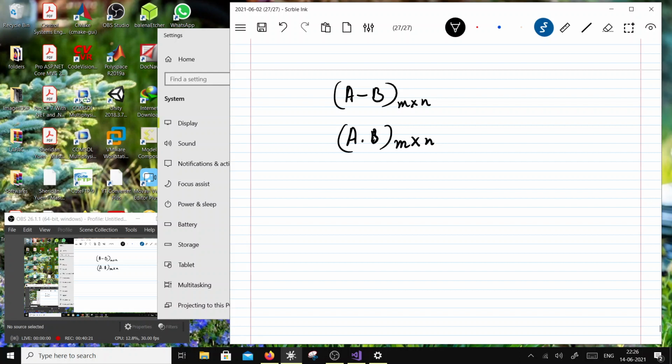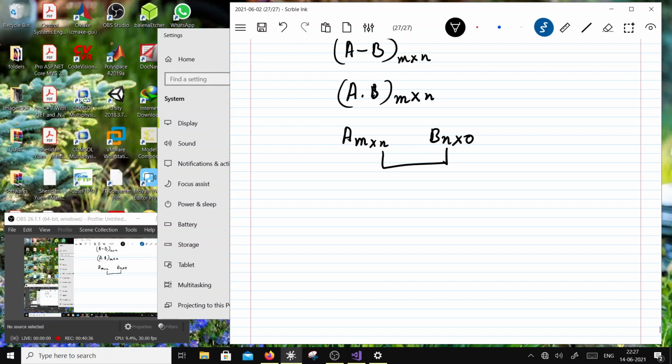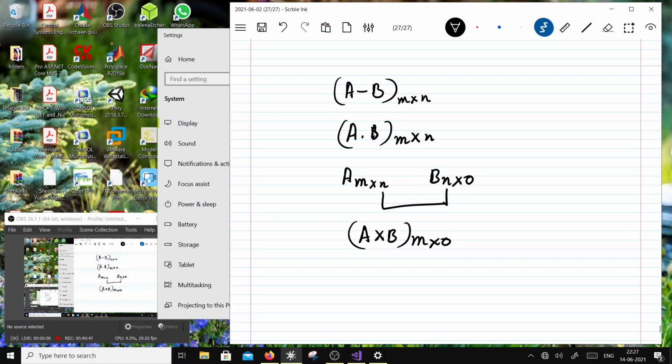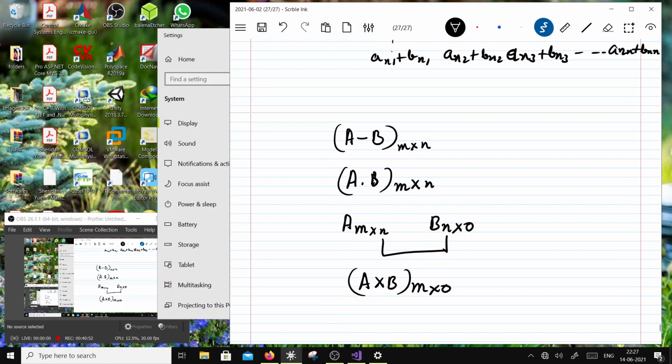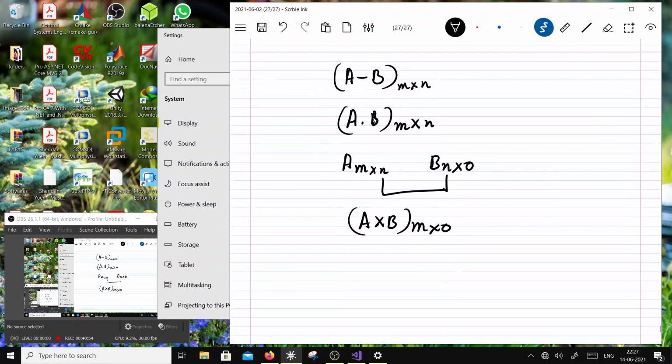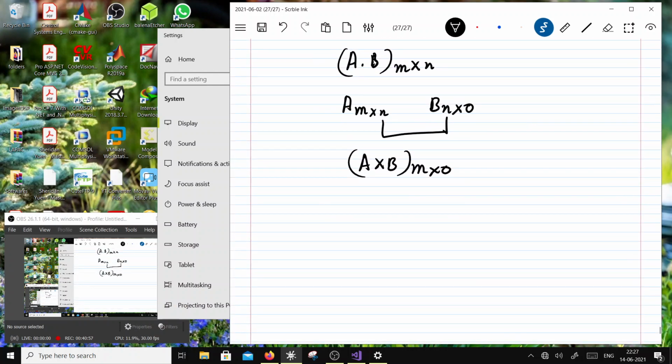cross product also. So if there is a matrix A which is m cross n, and then B is n cross O. Okay, so in this case these two dimensions have to match, right, to be able to multiply, and I'll show you how it multiplies. So this will result in A cross B, which will be of the dimension m cross O. Okay, so let's see. So addition and subtraction are straightforward. Okay, multiplication, which is a dot product, is also straightforward, but the issue is your matrix multiplication, which is